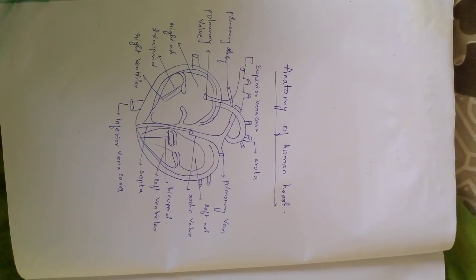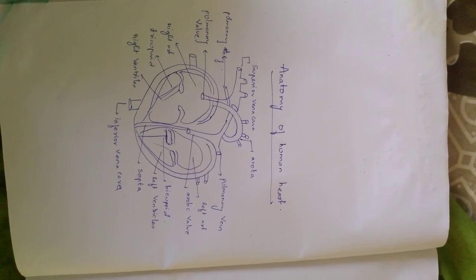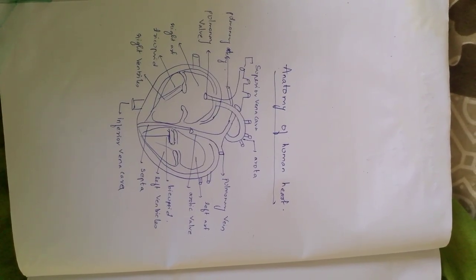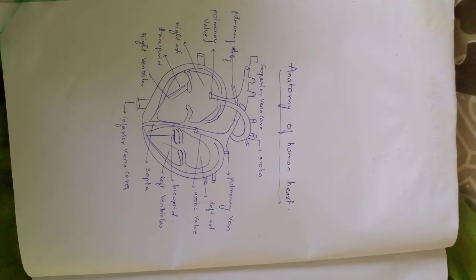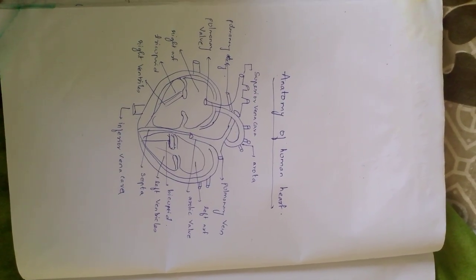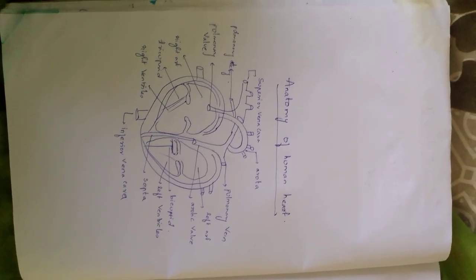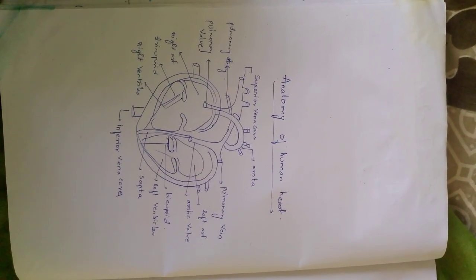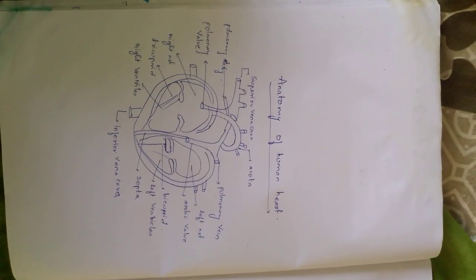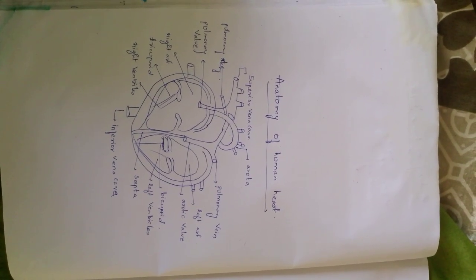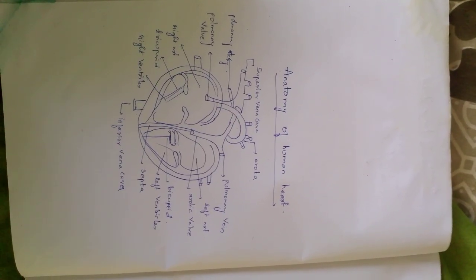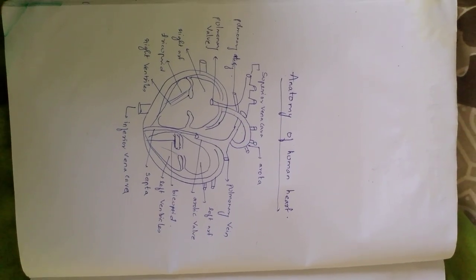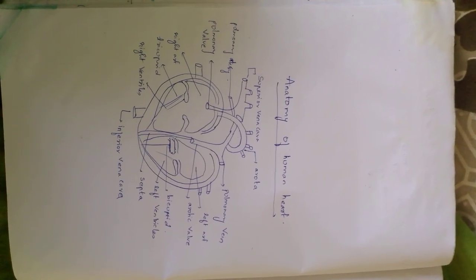Okay, the coronary system is supplying blood to the heart muscles themselves, right? The heart is going to pump blood to different parts of the body. Then where does the heart get its oxygenated blood? It is coming from the coronary arteries present around the muscles of the heart. It supplies oxygenated blood to the heart muscles itself, and it is divided into two types, right coronary and